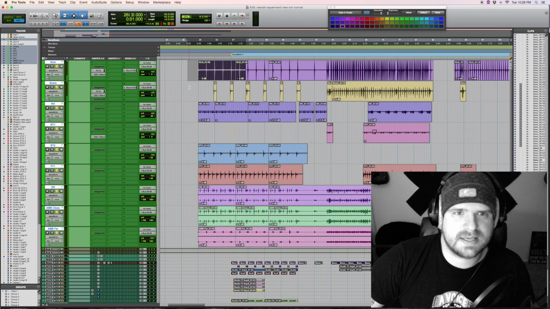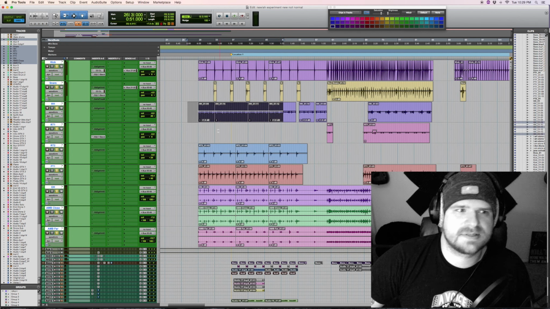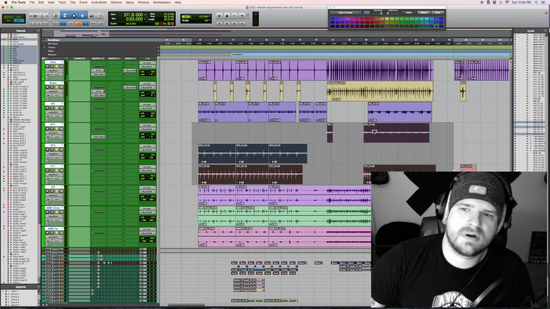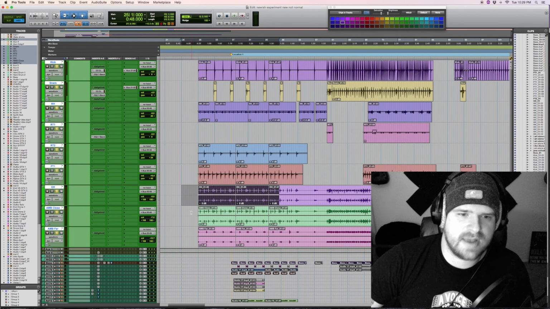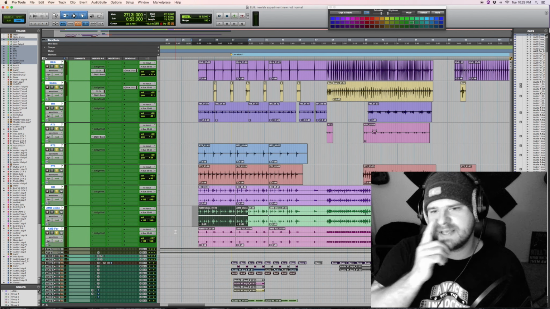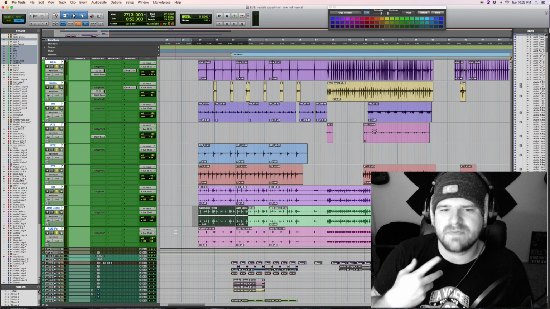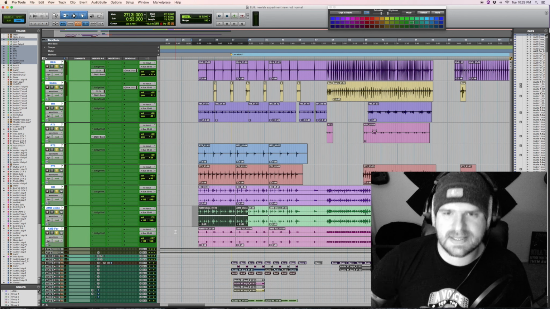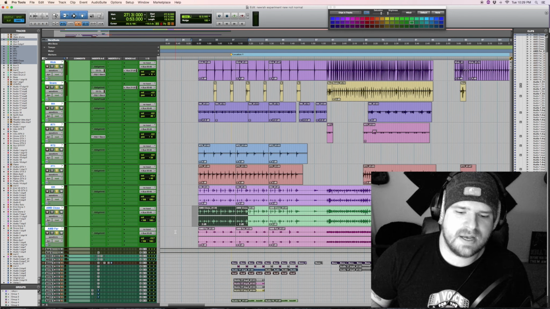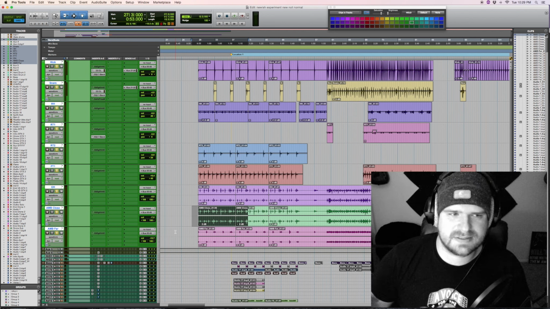Again, this is the kick, the snare, the hi-hats are right here. The toms are all in this area, and then you have your overhead, your ambient mics, and your far ambient mics. I don't know if I'm ever going to do a video on drum miking, because I don't have a drum set anymore. I don't have all my mics anymore, and it would be just a bunch of pictures that I would draw for you, and that's not fun. But